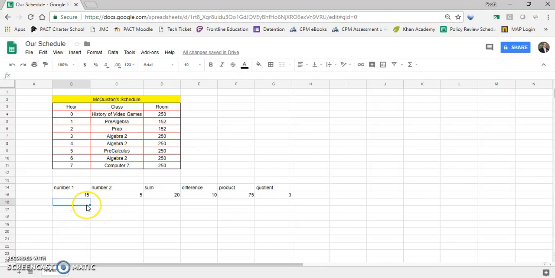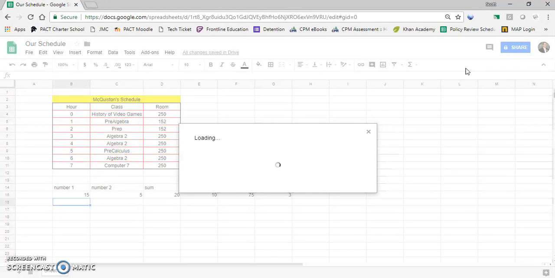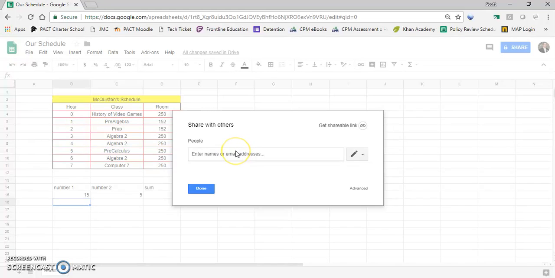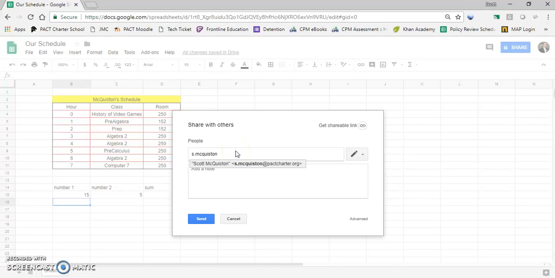Alright, so on your own Google Sheet, let's create a schedule and make sure to share it with me. So again, to share it, just like Google Docs, in the corner I have this share button, and I can fill in who I need, in this case, myself,